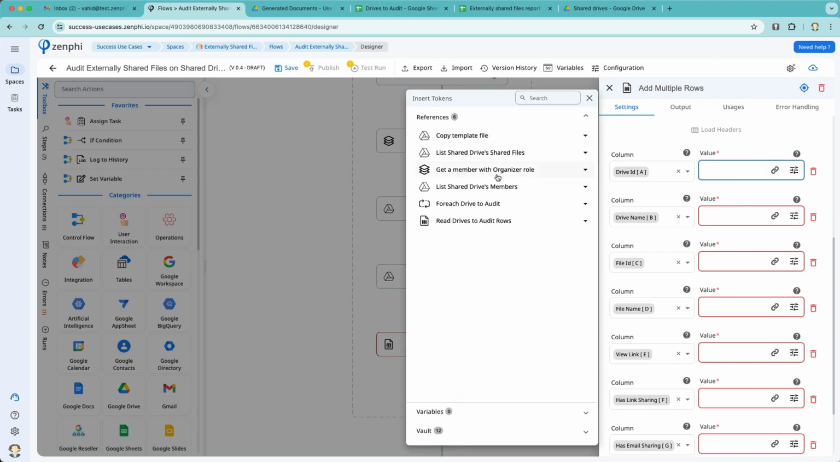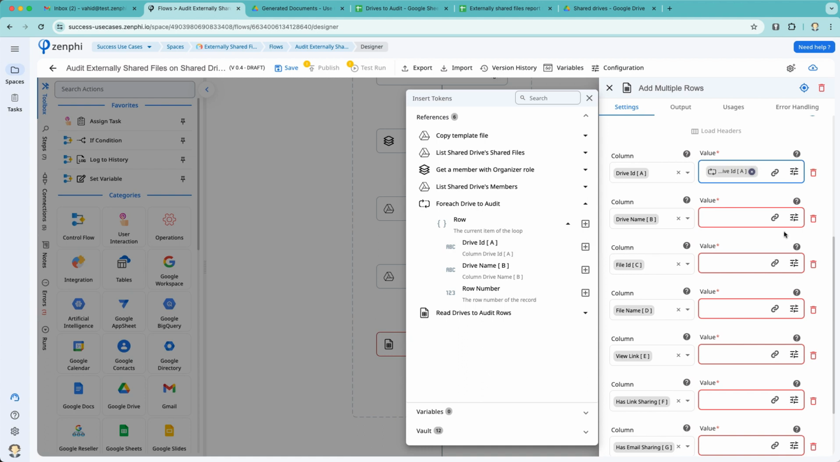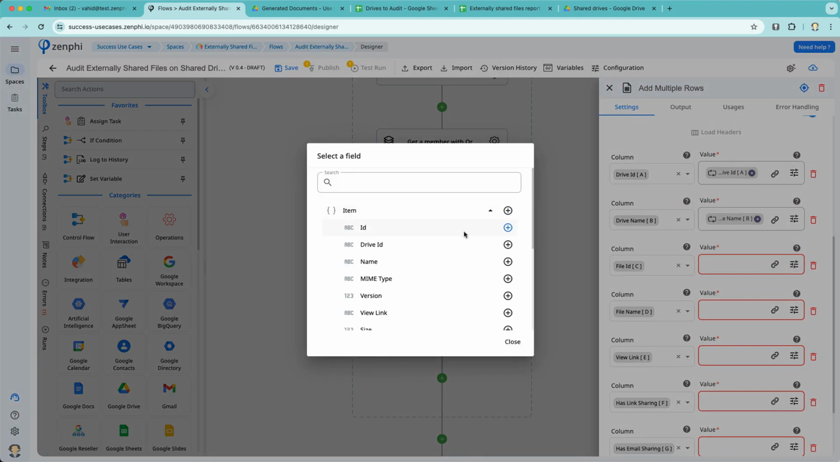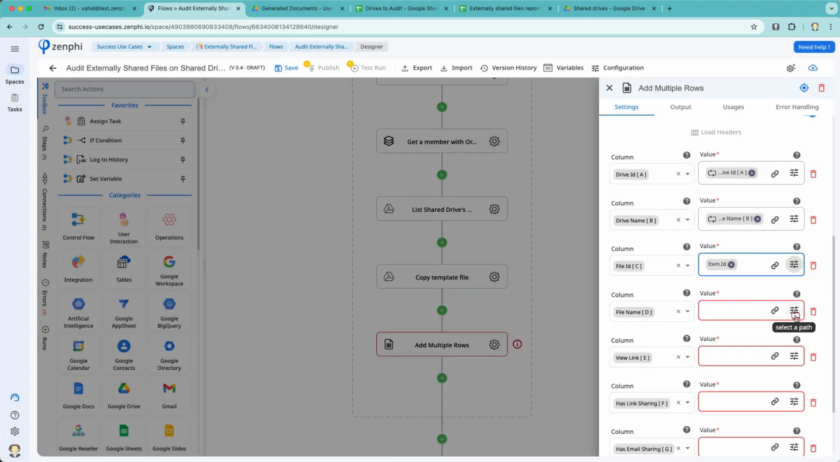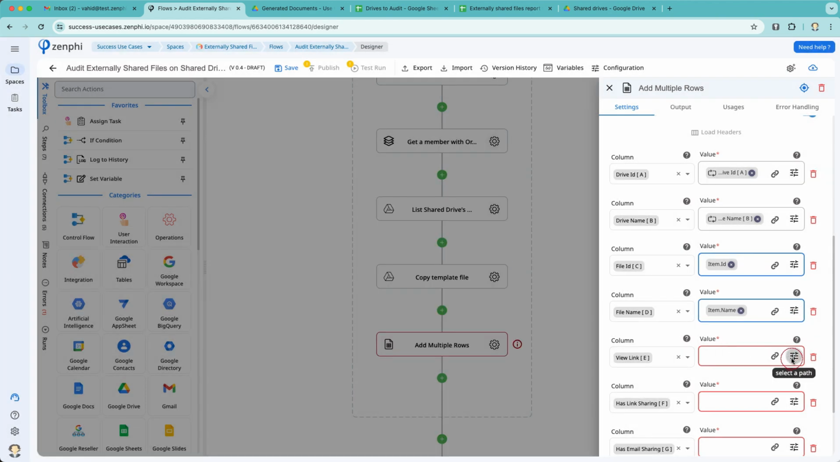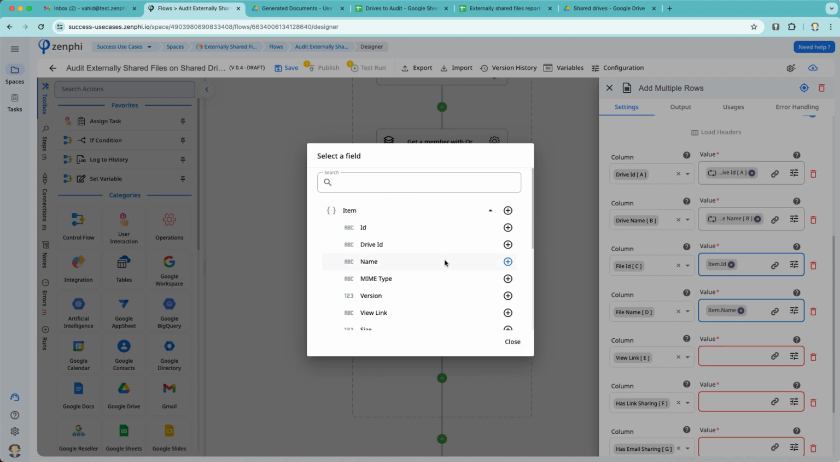The drive ID comes from the for each item because I'm looping through all the drives. The same for the drive name. However, the rest of the values come from the collection I'm mapping. File ID, file name, view link,